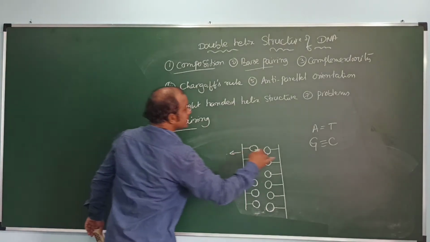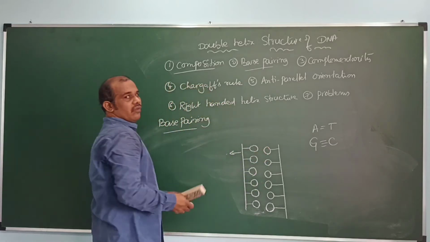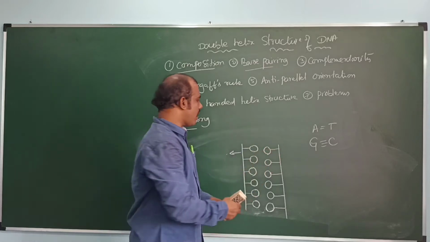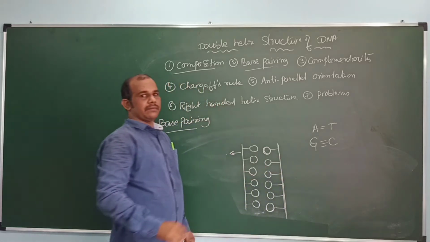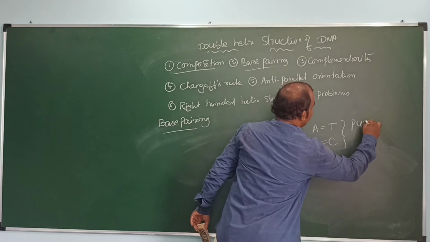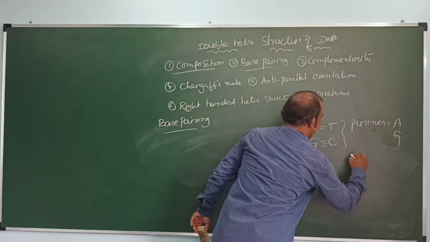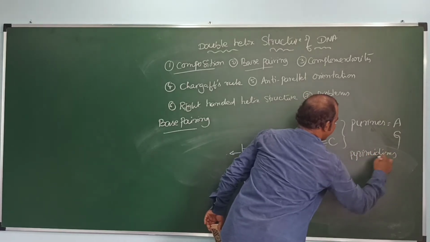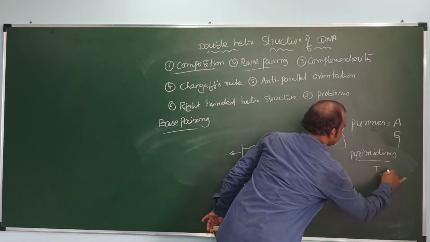How are these base pairs formed? The purine of one polynucleotide chain makes hydrogen bonds with the pyrimidine of the opposite polynucleotide chain. As we mentioned earlier, there are two purines, adenine and guanine, and two pyrimidines present in DNA, thymine and cytosine.